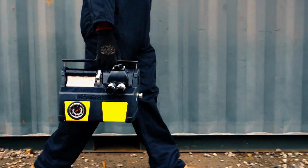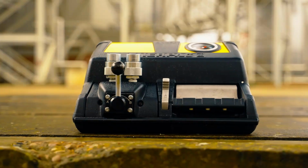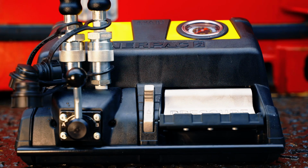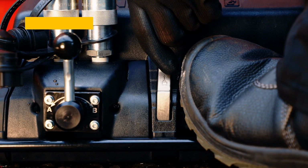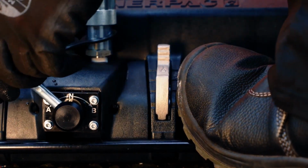Last but certainly not least, we've got a tool that's all about putting the power at your feet, literally. The Enerpac XA Series air-driven hydraulic foot pumps are here to revolutionize the way you think about hydraulic power. Now, I know what you're thinking. A foot pump? What is this, the 1800s? But trust me on this one, these foot pumps are anything but old-fashioned. They offer an incredible combination of power, precision, and ergonomic design that'll leave your hands free to focus on the